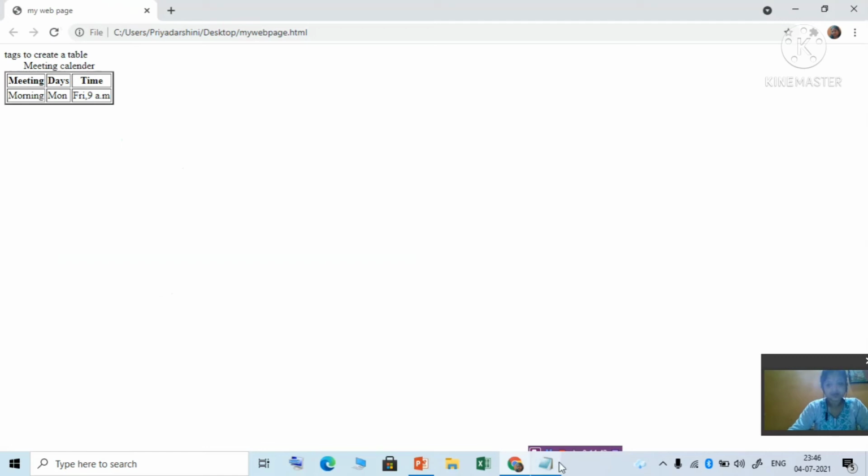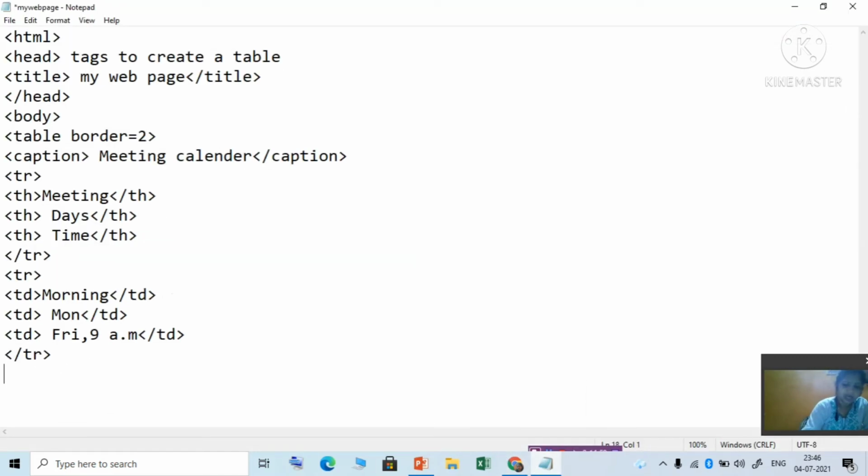So one more row. Whenever we create a row, we use the tr tag. And to enter the data, the td tag.